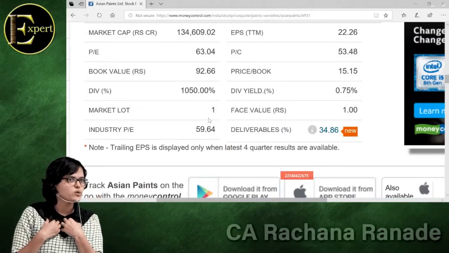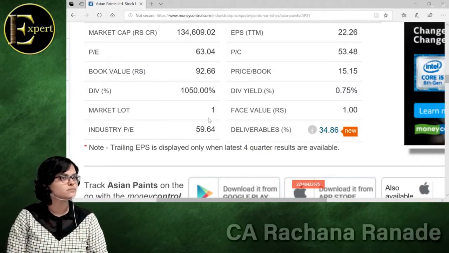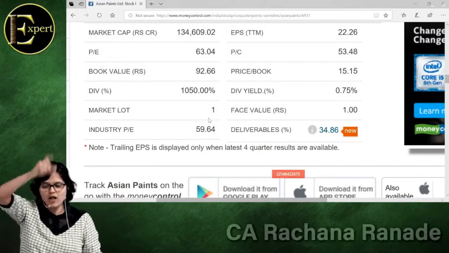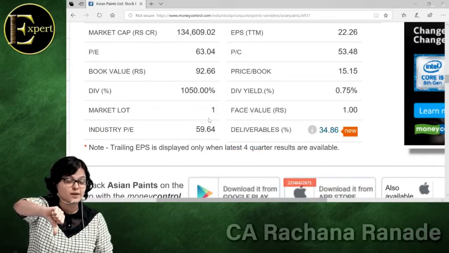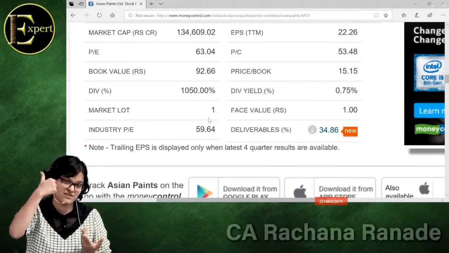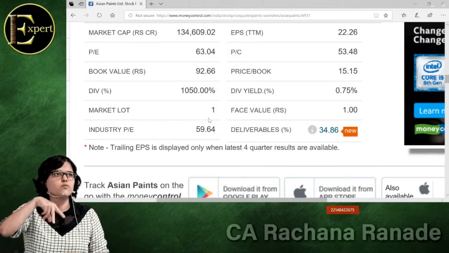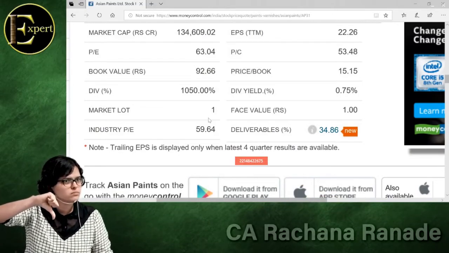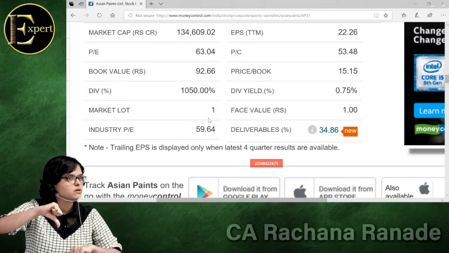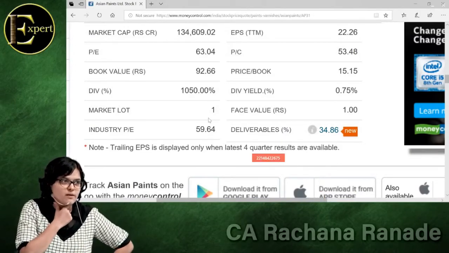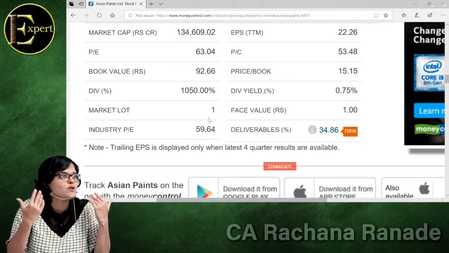So generally what I do is, out of the 8 pointers, I keep PE right at the end. Why? Let us understand. If all 7 parameters are giving a thumbs up and PE is thumbs down, it means that it is demanding a higher valuation because it deserves a higher valuation. Then I'll still go ahead with that company. But if out of 7, 4 parameters are giving me thumbs down, and PE is also undervalued, so PE is also lesser than the industry average, then what can I say? Out of 7, 4 parameters are bad. Maybe the company is not performing that well, and that is why it is not getting the premium valuations.